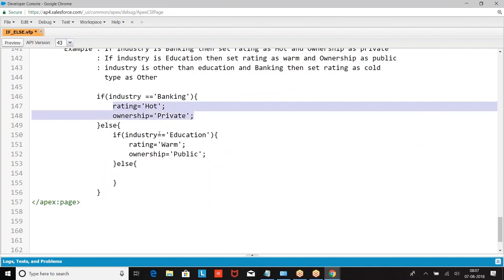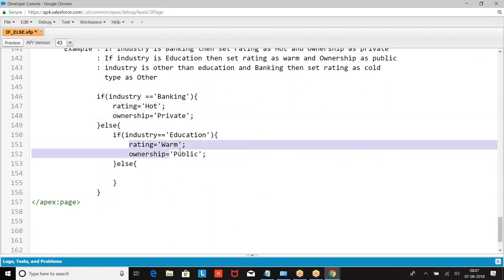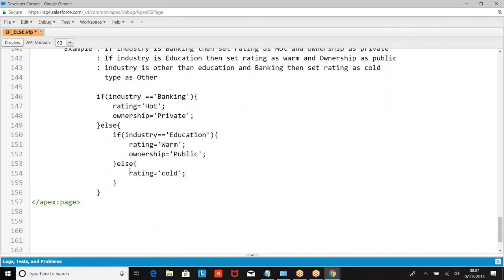In the else, check whether industry equal to education. If it is education, do this. If it is not education, then code type equal to other.